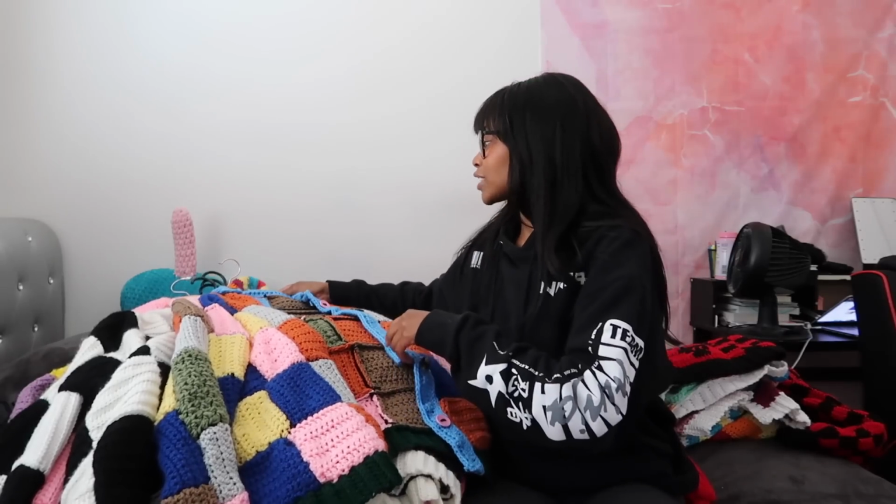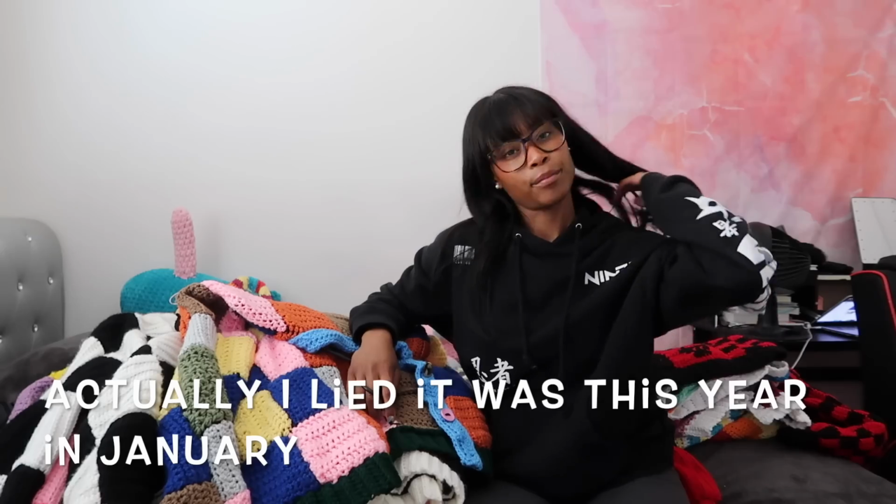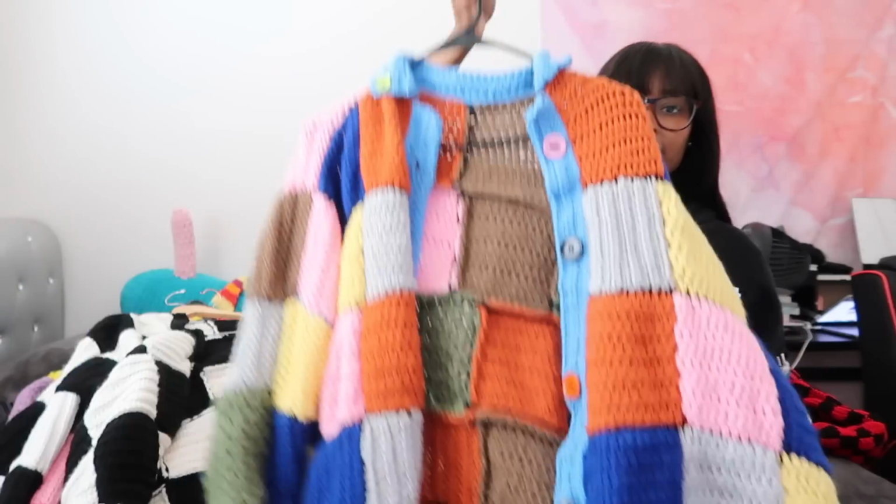Okay, so the first one I ever made, it wasn't this year actually, it was 2020, and I'm pretty sure it was December, so I'm just gonna go with December. So it was this cardigan I made,